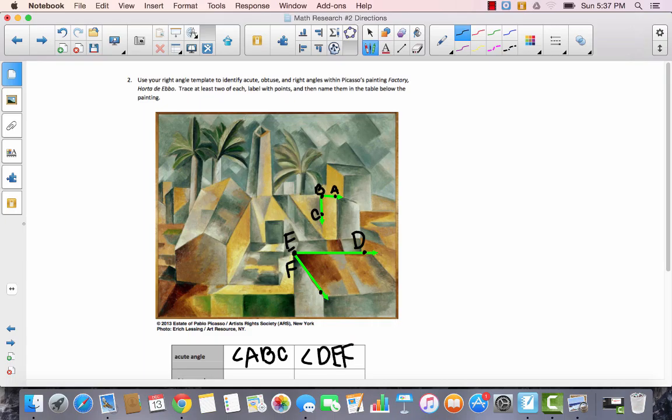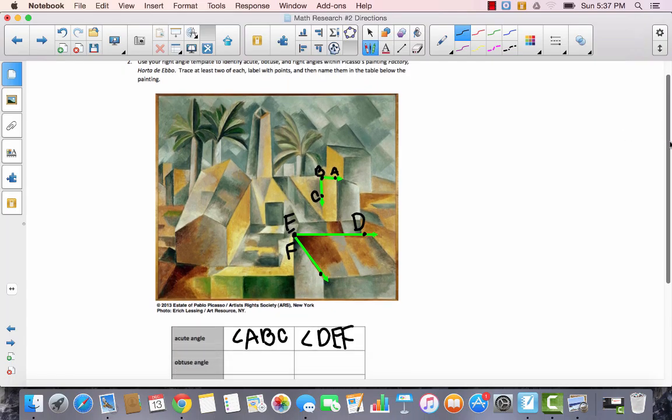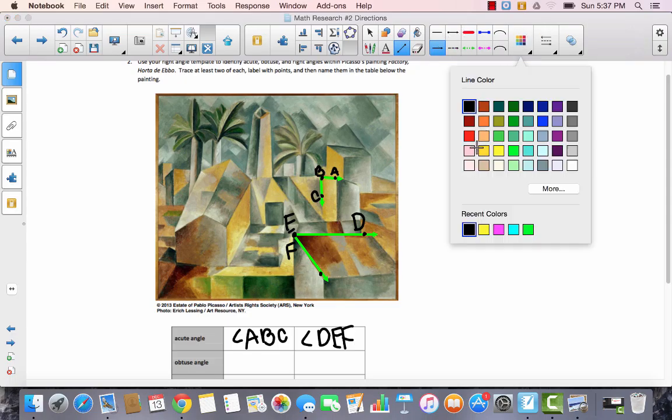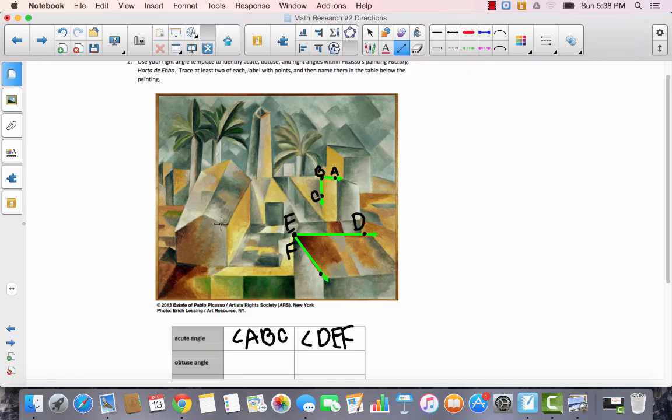All right, so now I'm going to go back and I'm going to look for some angles that are obtuse angles. So I'm going to go back to my line setting, and I'm going to put some rays in here. I'm going to use a different color for these. Maybe I'll do pink. All right, so I'm looking for angles that are greater than a right angle. So I'm looking at this angle. So if this were the vertex started here,